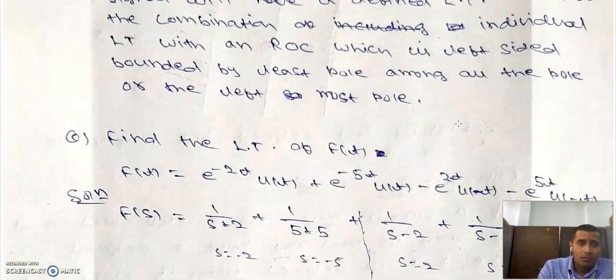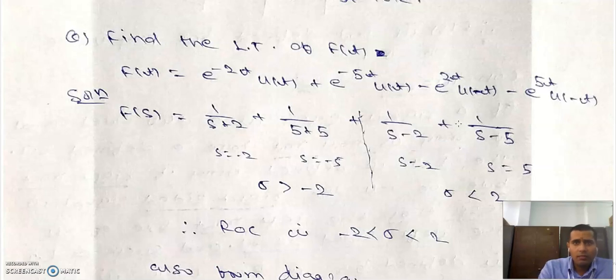Okay. Now find the Laplace transform of this one, where we have added both. This one is right-sided, this one is left-sided, and with the help of u(t) you can see that this is right-sided. With the help of minus t you can see this is left-sided. So these two are right-sided, and these two are left-sided. For this, the Laplace transform is 1 upon s plus 2. For this, the Laplace transform is 1 upon s plus 5. For this, the Laplace transform is 1 upon s minus 2. Do not get confused with the minus, because if we take minus u of minus t, then we get minus 1 upon s, so here it will be plus. Here also it will be plus. So 1 upon s minus 5.